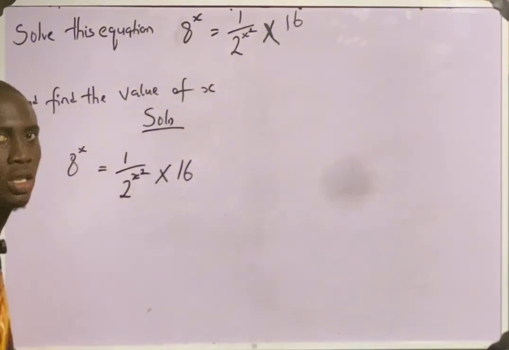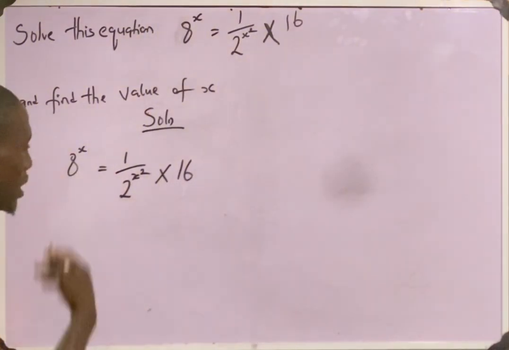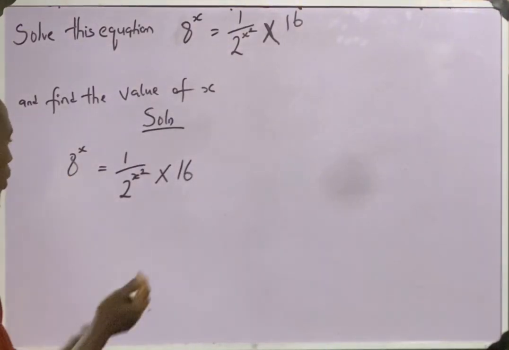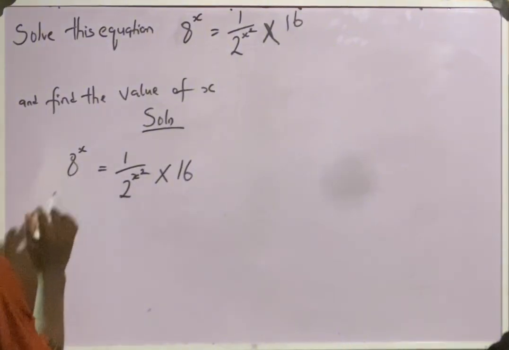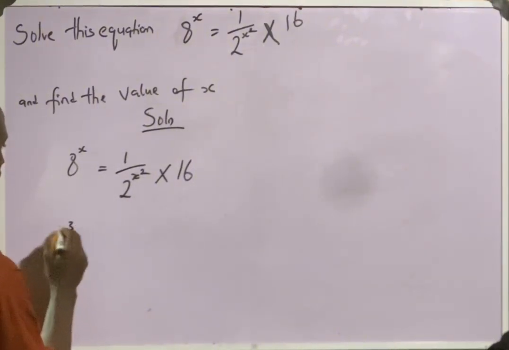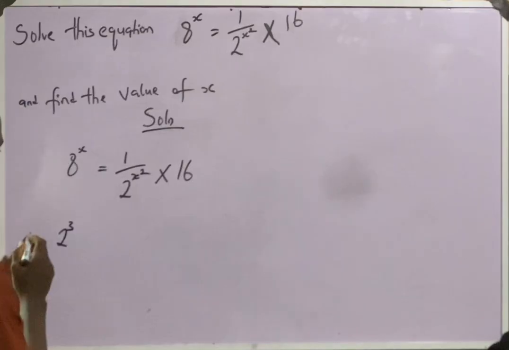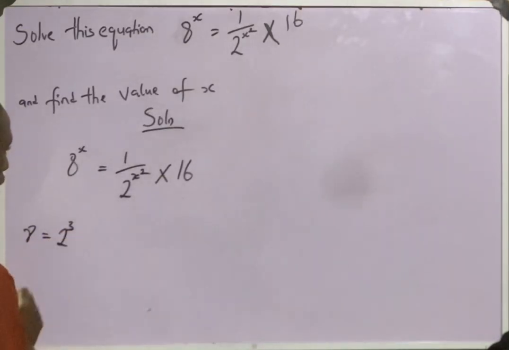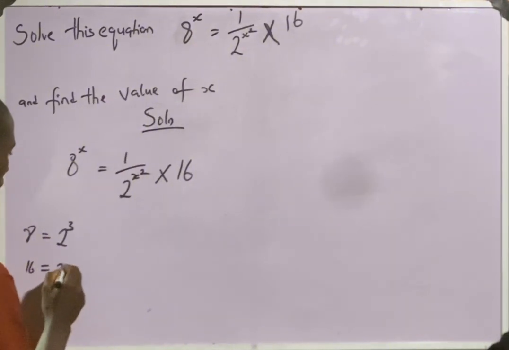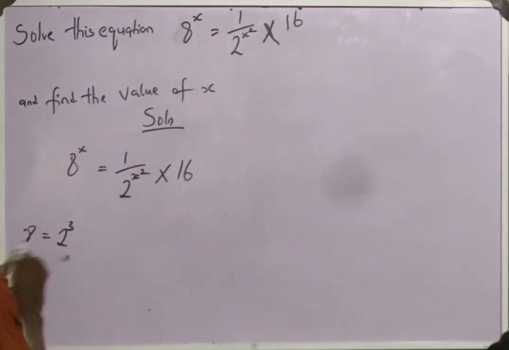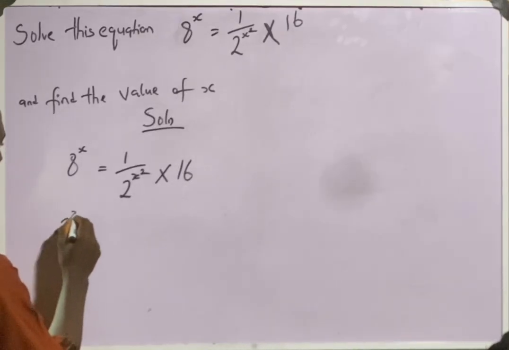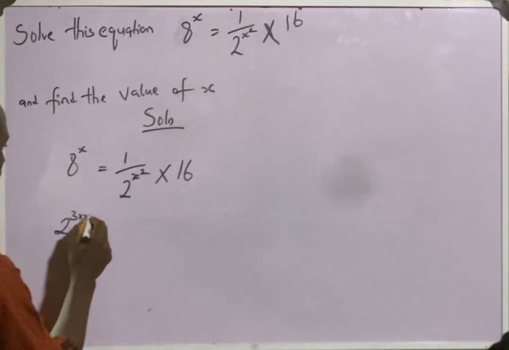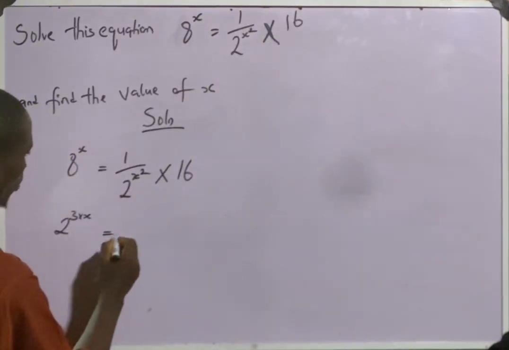When we raise it to a power, we say 2 raised to power what will give us 8? That is 2 raised to power 3. So 8 is the same thing as 2 raised to power 3. We already have our 2. Then our 16 is equal to 2 raised to power 4. So that we can write this to be 2 raised to power 3 times x is equals to,